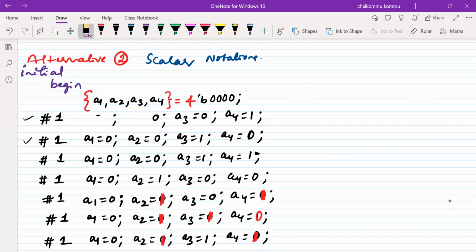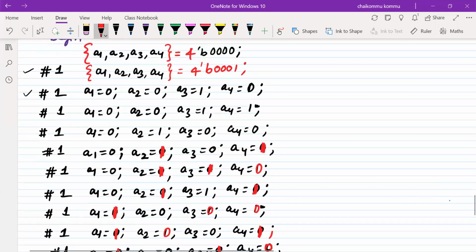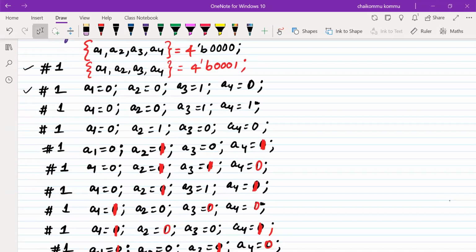At 1 nanosecond, A1, A2, A3, A4 are the 4 bits 0001. Like this, it is possible to write all the 16 possible combinations with less effort. Is it clear? So therefore, we have to place the truth table.